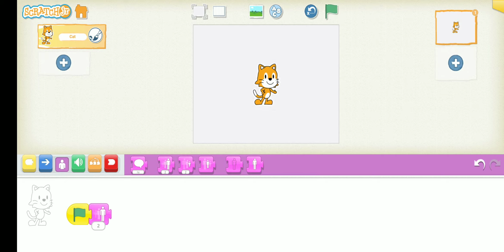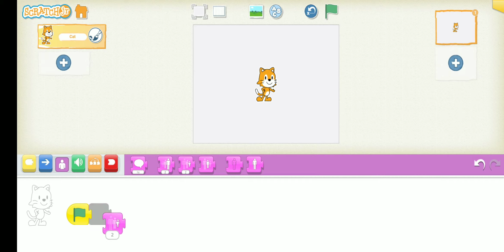See, when I am clicking, it is growing. Again we can check. Yes, it is growing. So again I am deleting it. Now the next option on your purple block is shrinking. That is the third block. Drag the third block onto your screen and attach it to your start button, that is your green flag. Now again click on the green flag and it is shrinking. Right. So this block we use for shrinking.